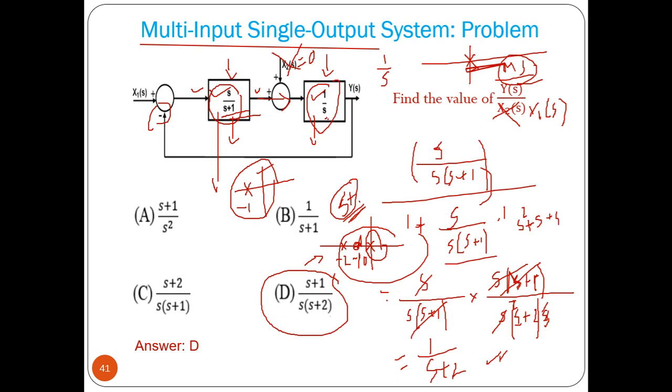So this is all about the block diagram reduction technique for CISO system. We discussed how to reduce the block diagram of a single input single output system, then a multiple input single output system. This is one of the examples of that, and we have seen how to solve for a multiple input multiple output system. If we know the block diagram of this kind of system, we can solve it and find out its transfer function or its output. So this is all about the block diagram reduction technique.